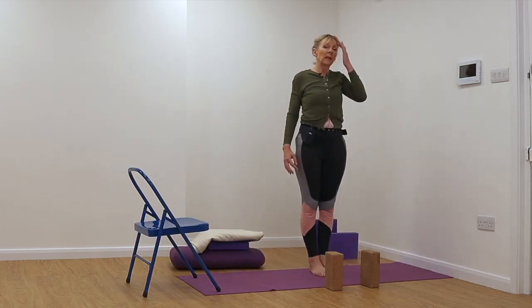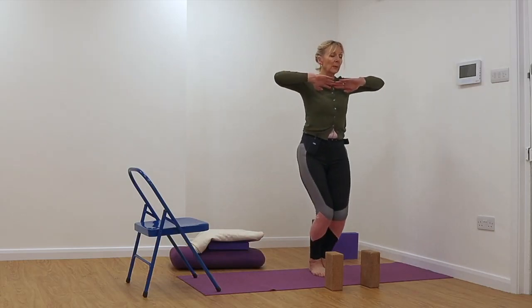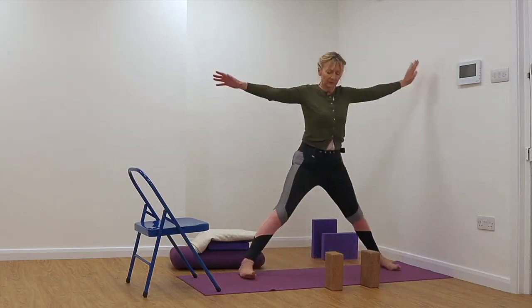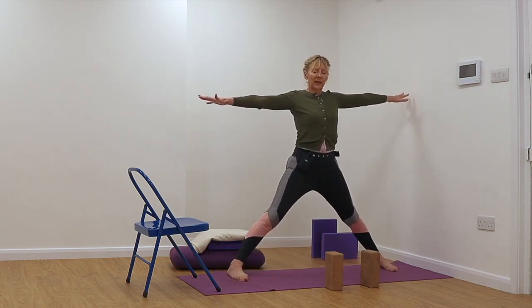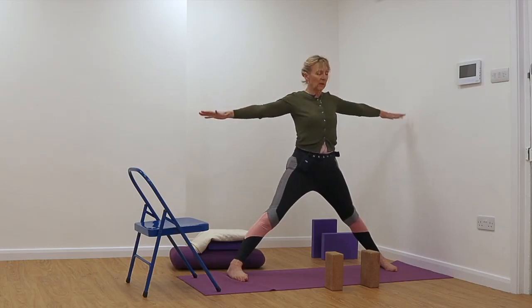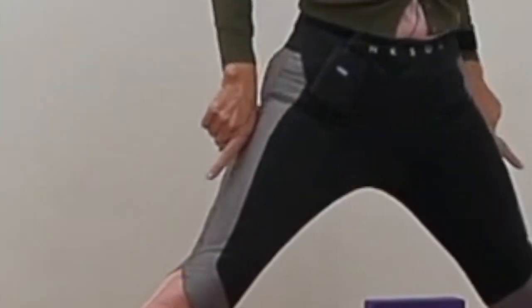So from Tadasana, if you have a knee, hip or back problem, you step your feet. Otherwise you can jump. Stretch out the hands, the feet should be more or less underneath the wrists, with the middle toe pointing directly forwards. Now when the legs are wide like this, you've got to push down with the